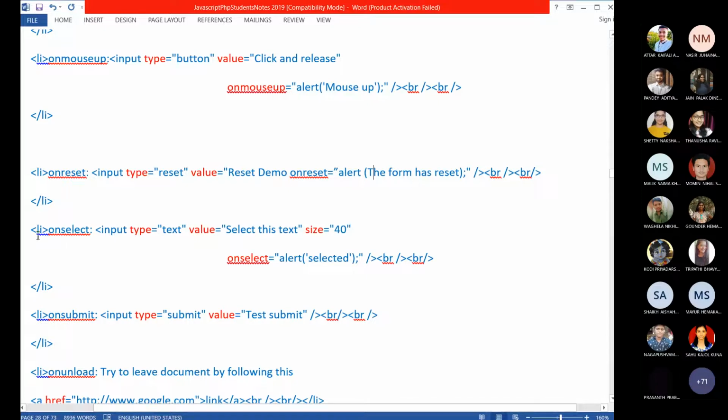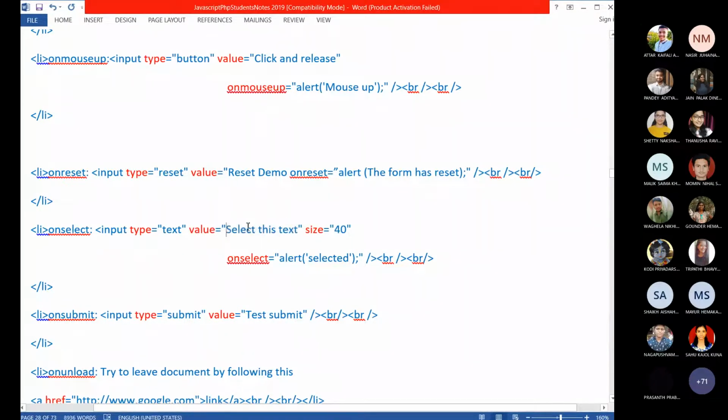And then you are using on select. Then this will be displayed on select. On select, inside the text box there is some default text. When you select that text, what does select mean? You have to select, this is called selecting. Whether I'm selecting partially a word or character or everything, that doesn't matter.